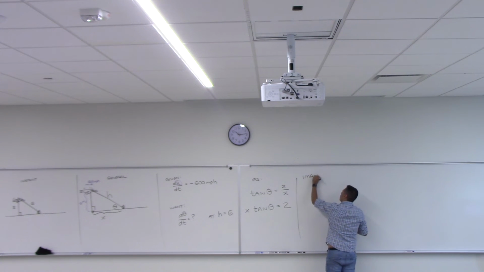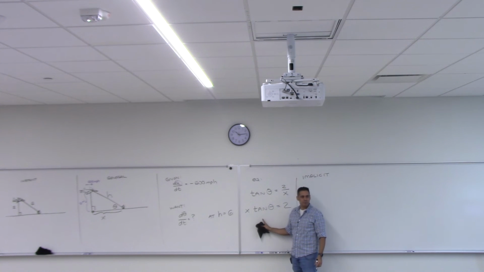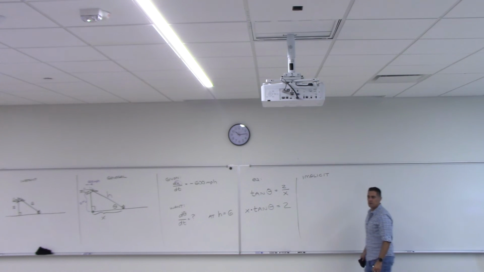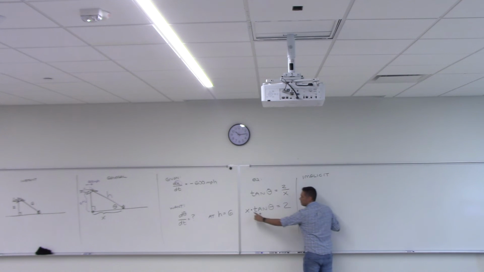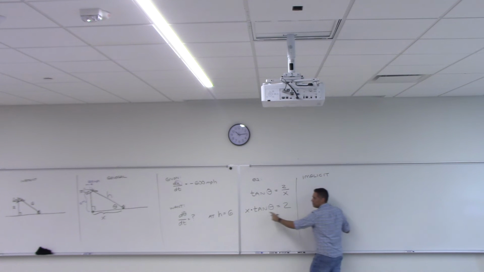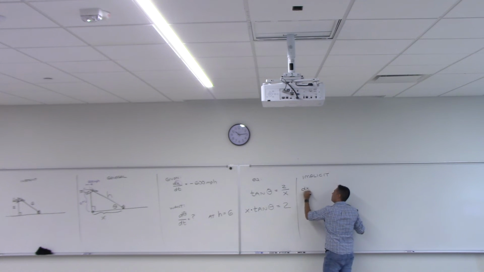On the left side, when I do the implicit with respect to time, what am I going to have to do? You have a product, so let's do the product rule. What's the derivative of the first one? Careful. What are we differentiating with respect to? t. So what's the derivative of x with respect to t? dx dt times tangent theta